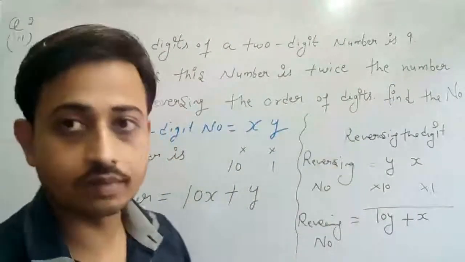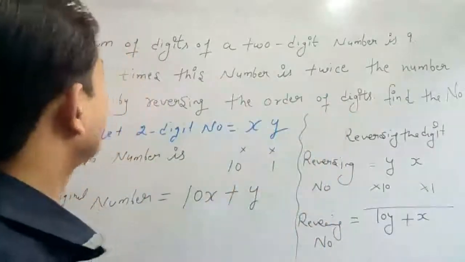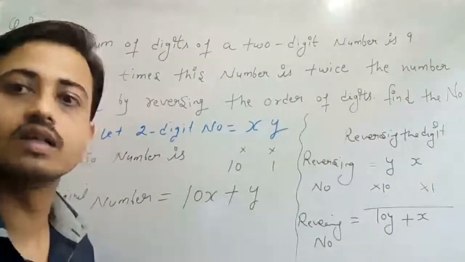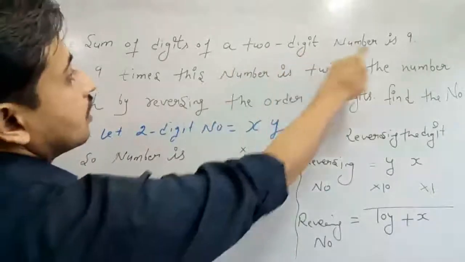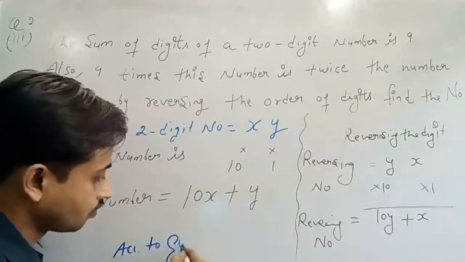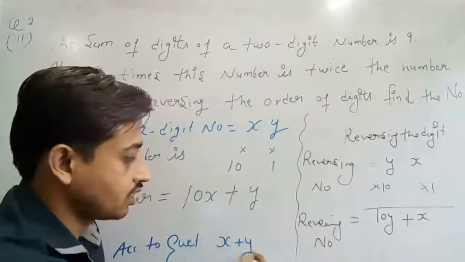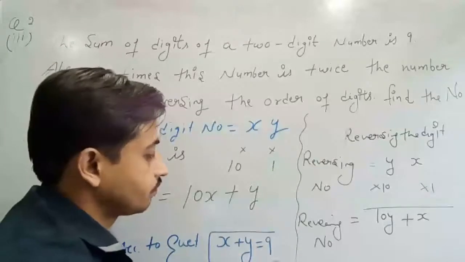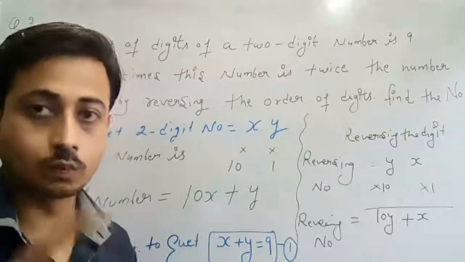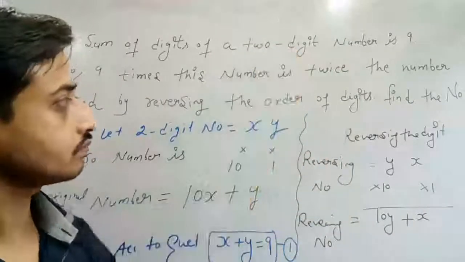Now we have to read the statement and take the condition according to the given statement. Please look. The sum of the digits is what? X and y, and the sum is x plus y is 9. It means, according to the question, the first digit is x and the second digit is y, so x plus y is 9. This is our equation number 1. So please make a note, then I will rub the second part, or try to write here. Please read again.